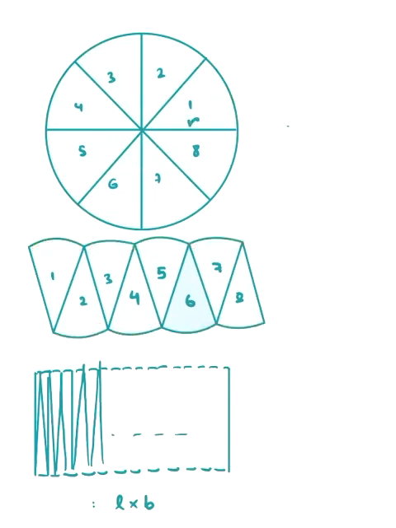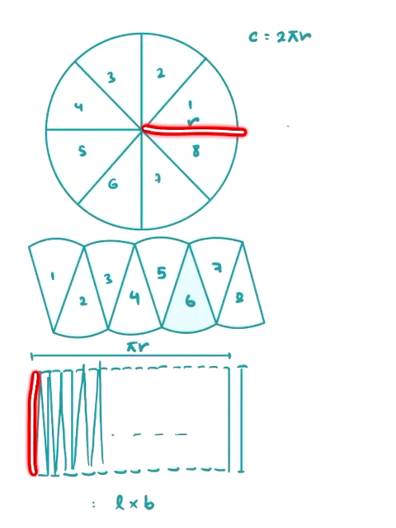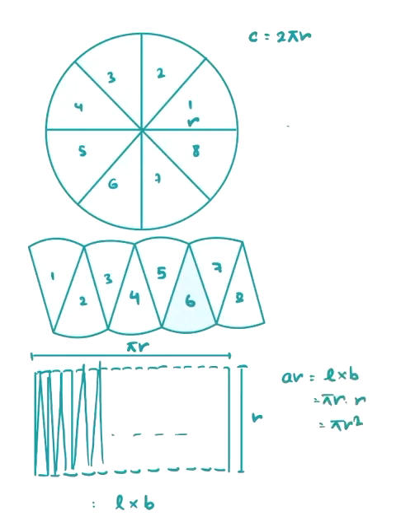Now, for a circle with radius r, what is the circumference? The circumference is 2 pi r. So can you tell me what would be the length that would be arranged over here on one side of this rectangle? Half of the circumference, right? 2 pi r by 2. So this length is going to be pi r. And tell me what would be the breadth. Now look at the breadth. The breadth is nothing but one side of the slice, right? Correct? And what is the length of one side of the slice? It is r. So what is the area of the rectangle? It is length times breadth, which is pi r times r, which is pi r squared. And that is the area of a circle.